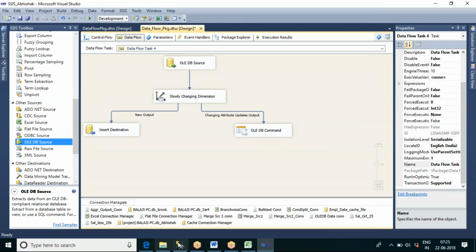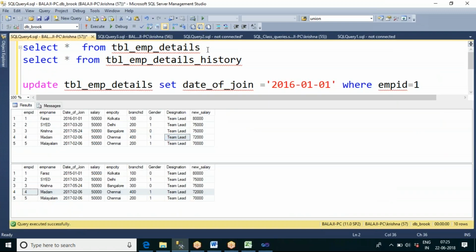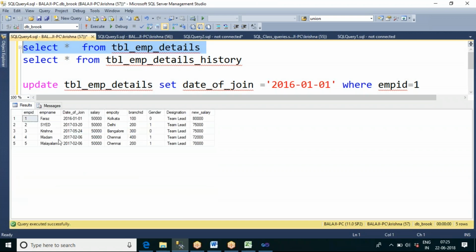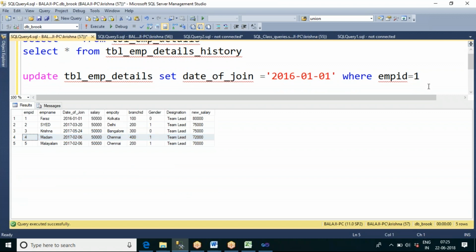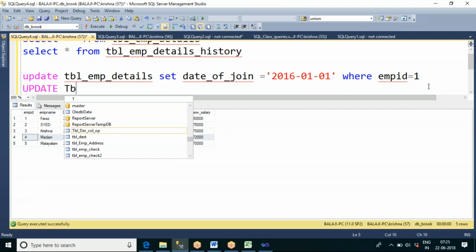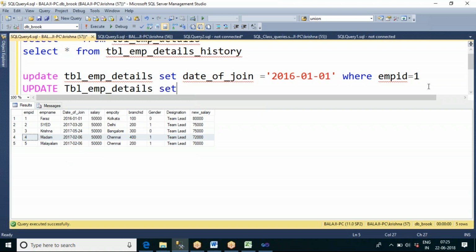Now let us go and modify our source data. So this is your source data. Now let us say for employee 4, set employee name equal to Madan Kumar, comma, branch ID equal to, let us say, 500, where EMP ID is equal to 4.